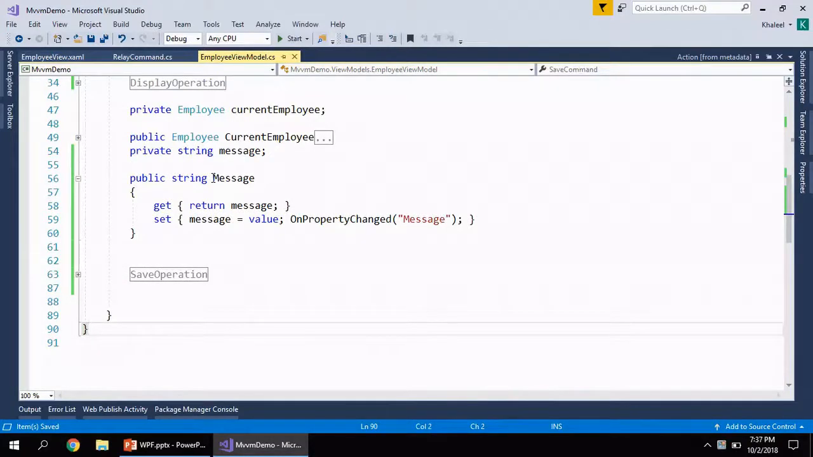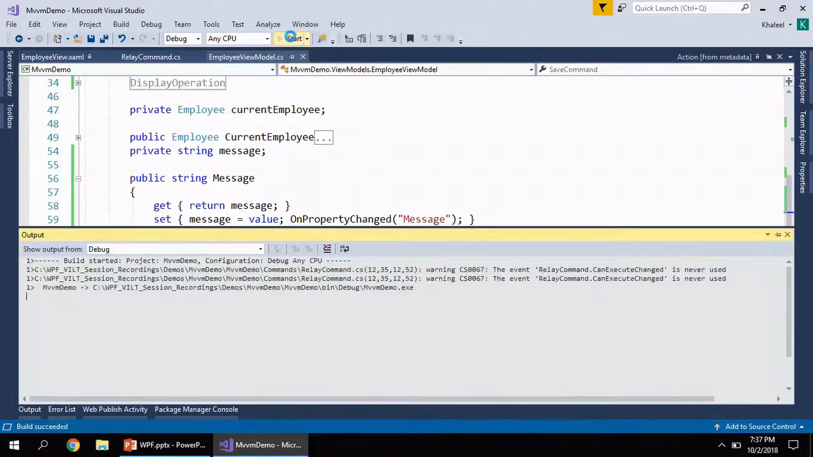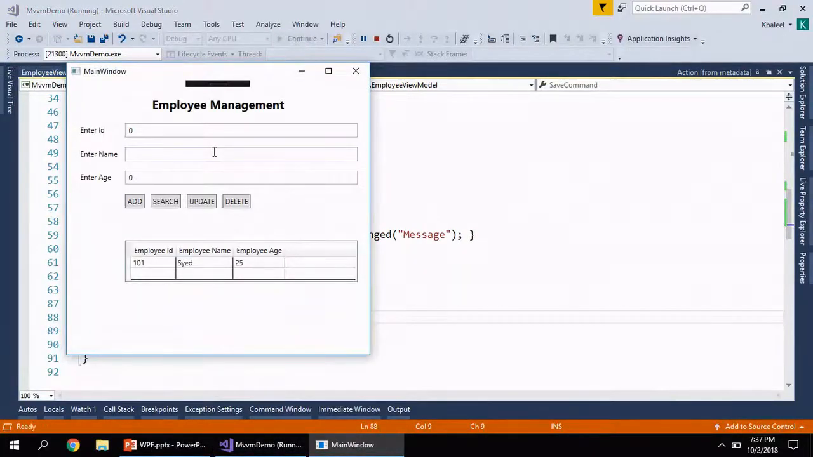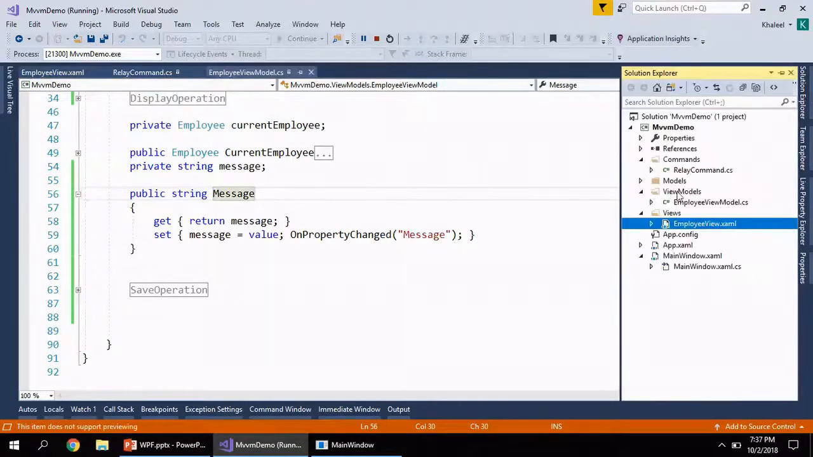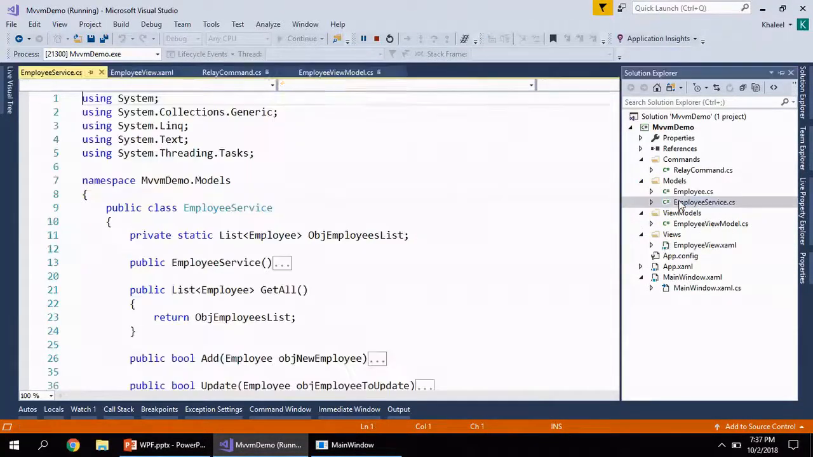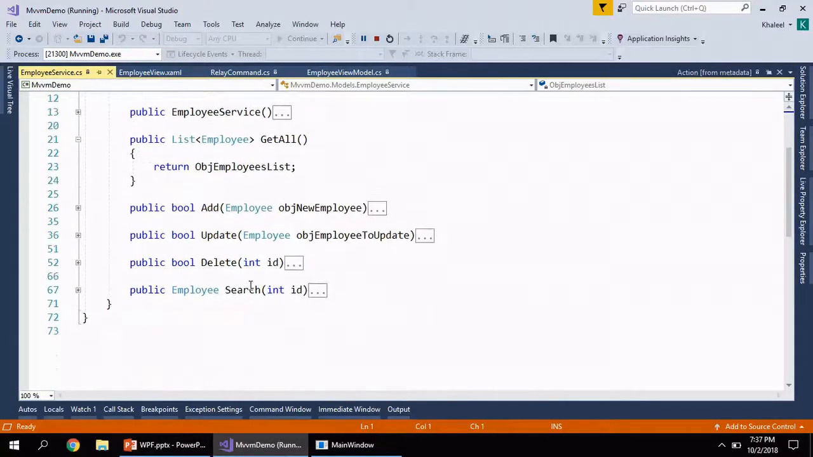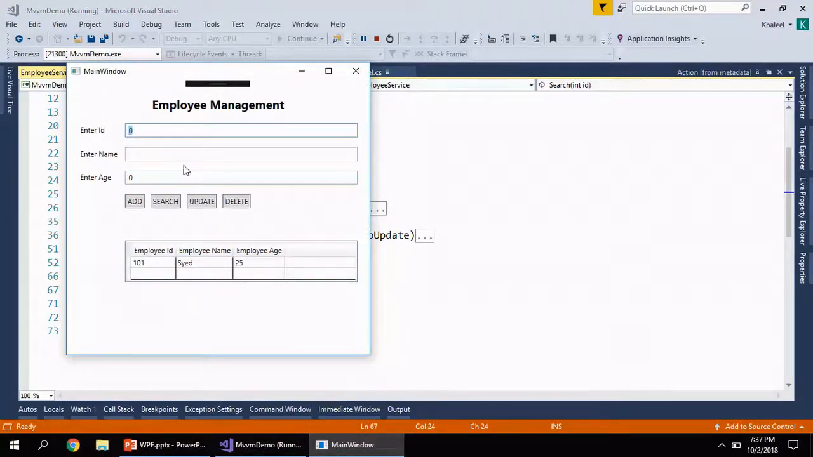Next we need to perform search operation. So once again, for search operation we have a button. If we run the application, there is a button here. So on clicking this button, we need to take the ID value which is present here, then call our service search method, that is this method, and whatever the method is returning, then do the data binding with that same employee object to these other text